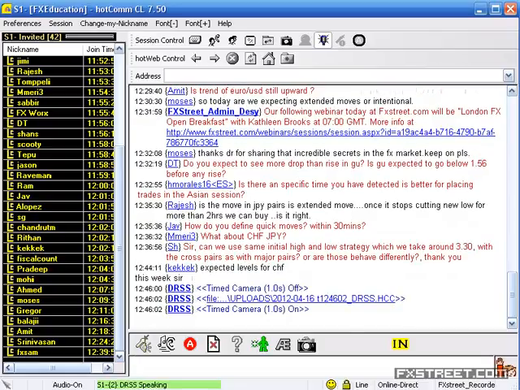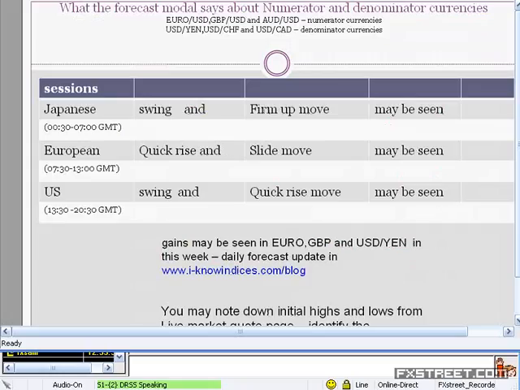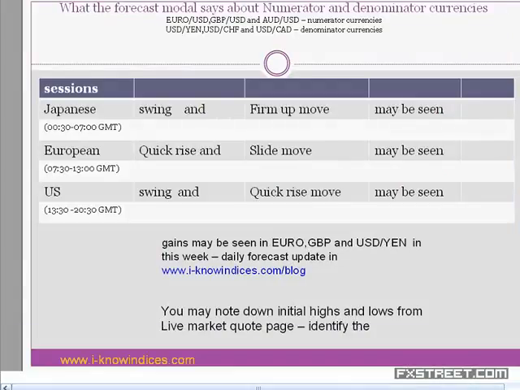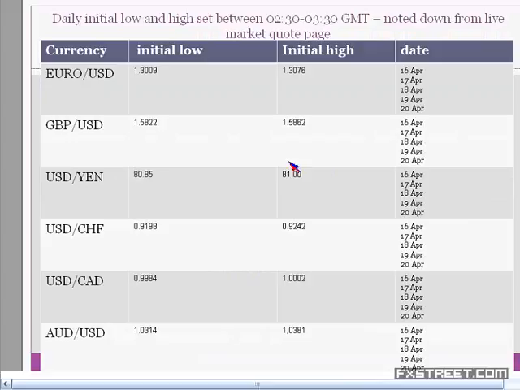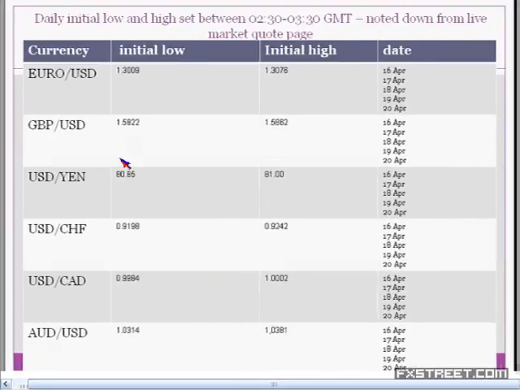So I'll focus the camera on the PowerPoint presentation. In the case of euro and GBP, they have not breached the low or the high. In the case of yen, it formed 84.46, indicating that below 80.50 they had done the downward stop and have now come to 80.58, 80.59. They are expected to hold around that and slowly gain the levels above 80.85. Once it goes above 80.85, they will breach 81 and start going above very quickly.